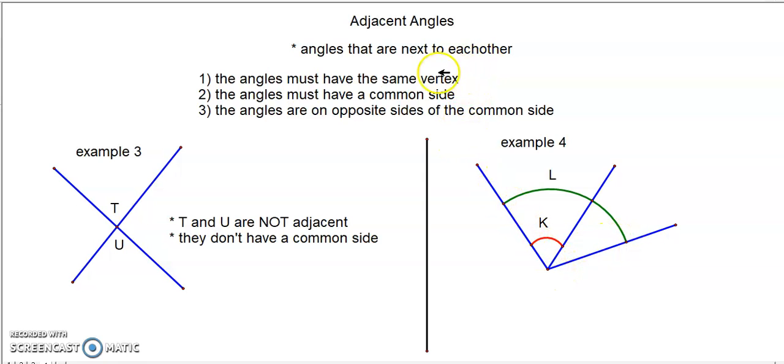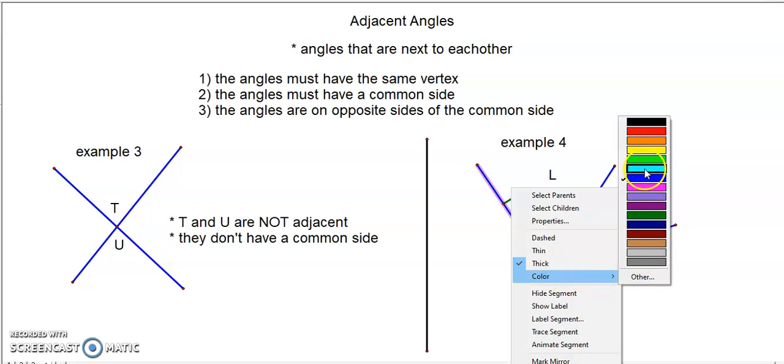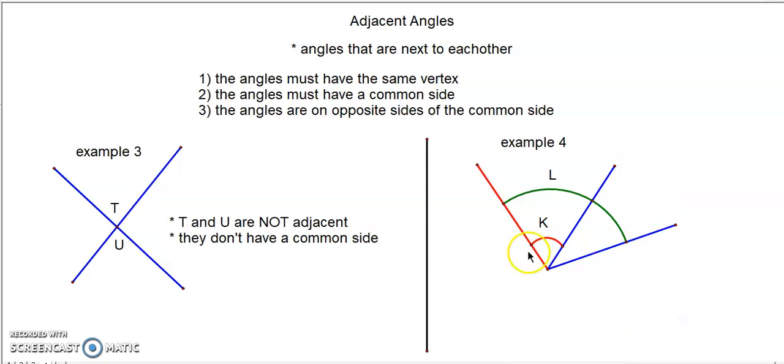So that's okay. The angles must have a common side. K uses these two to make the angle K. And L uses this one and that one. So this leg here is the same. That one is shared. Let's make it red. So both angles, K and L, have a common side. They have a common vertex. But